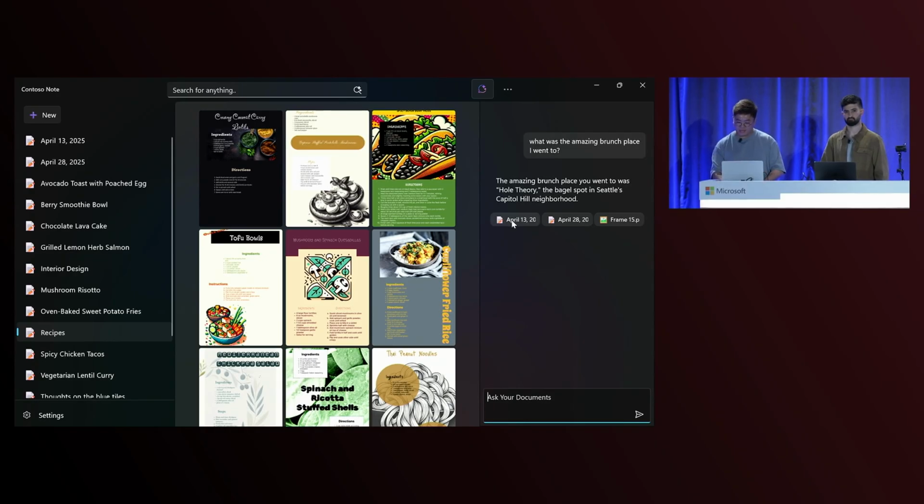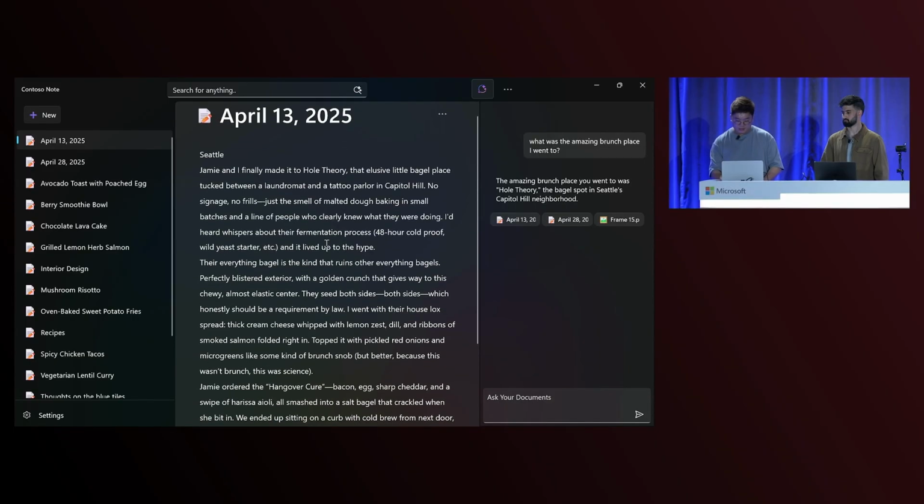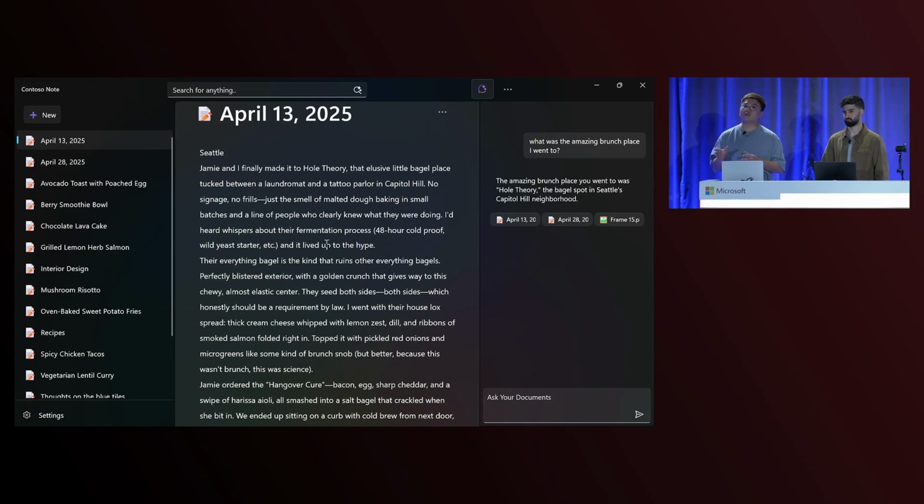So if we click on this note that it found the answer from, what you notice here is the word brunch or anything in my search query was actually not part of this journal that I wrote earlier. It's really great because I was talking about breakfast, I was talking about bagel, so it's able to find the semantic similarity between what I was asking and this piece of note that I wrote before, and able to use that to answer the questions I have.